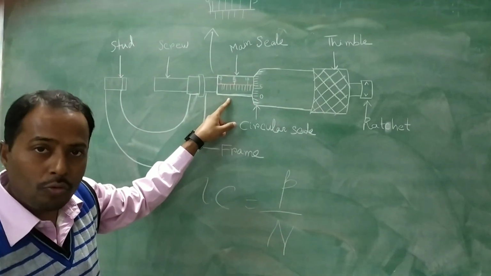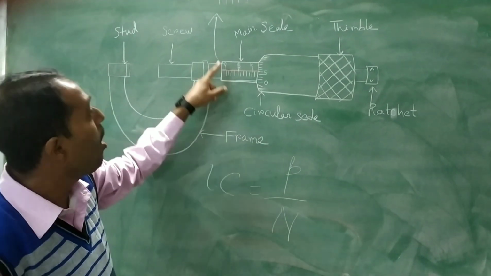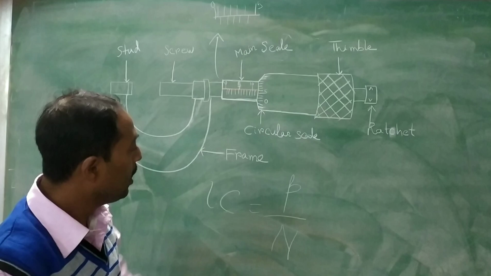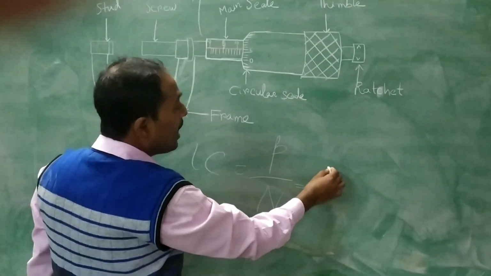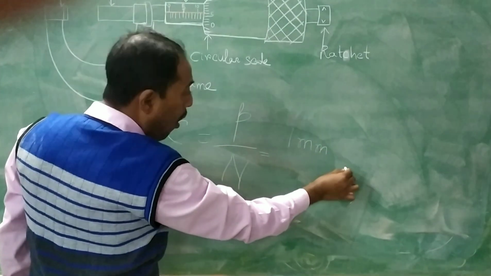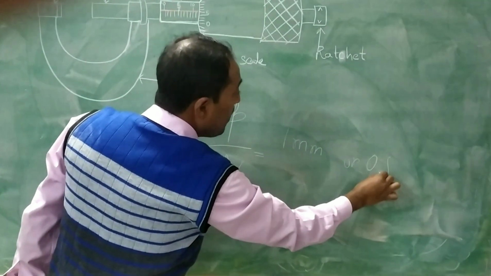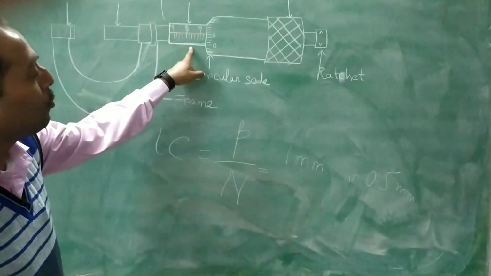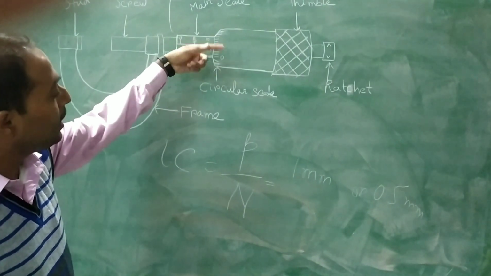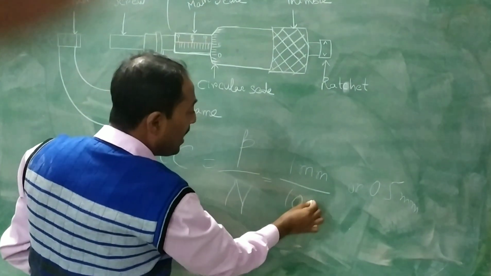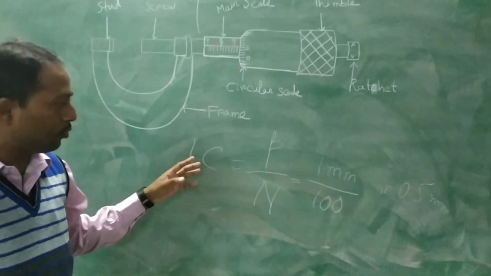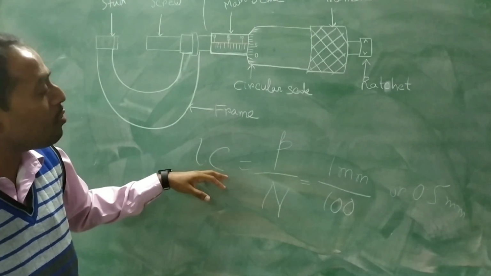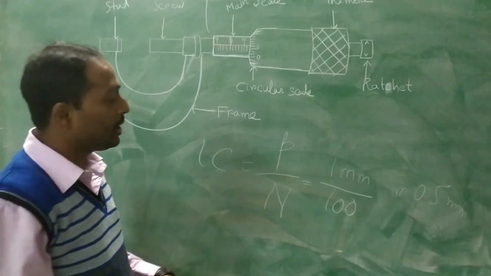So there are two types of screw gauge. Either it is 1 millimeter division, or it is 0.5 millimeter if there are 10 divisions between 0 to 5. So the pitch, according to your screw gauge, may be 1 millimeter or it may be 0.5 millimeter. And if the main scale has 1 millimeter division, then the corresponding circular scale has 100 divisions in the general case. But it is not fixed for all screw gauges. It may depend on the instrument. So before calculating the least count, we have to check the number of scale divisions and the pitch.